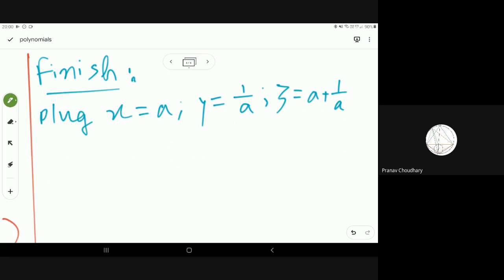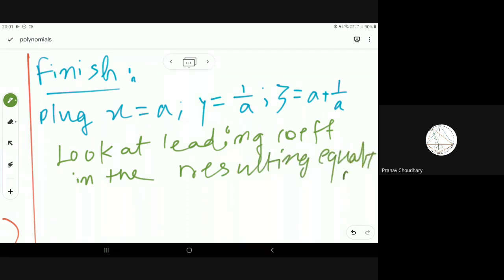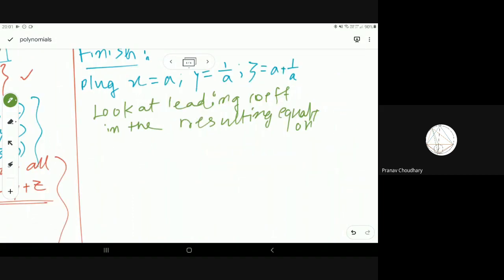And in the resulting equation, look at the leading coefficient. I'll not work out the details as usual. This is one finish. Another finish is